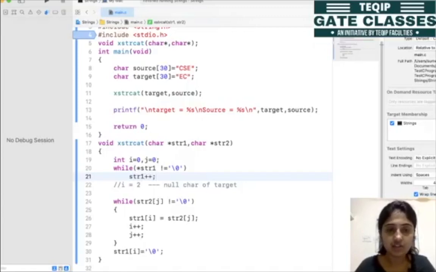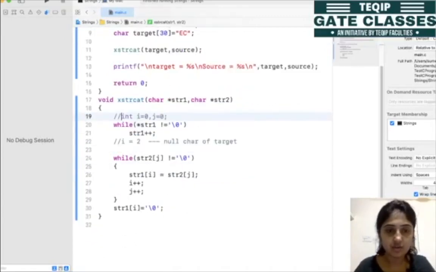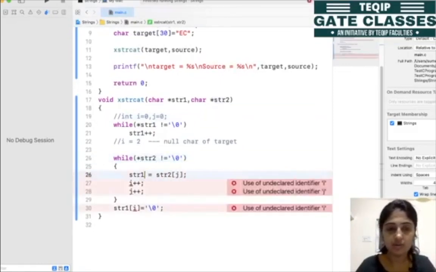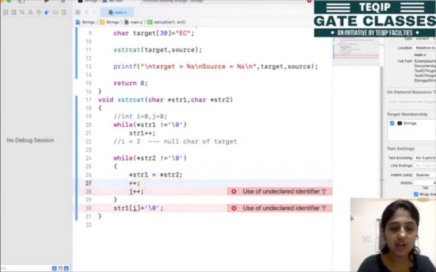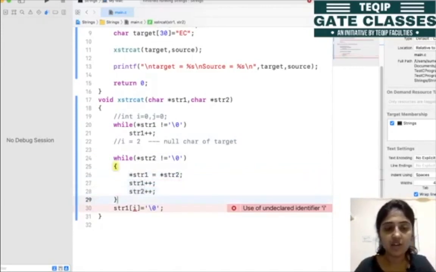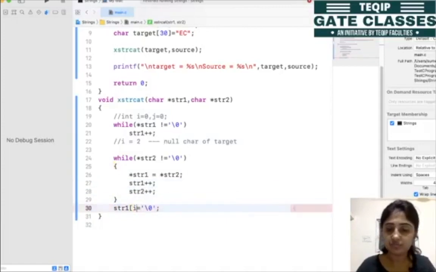Here we are not using I and j, so we can comment those. So star str2 is not equal to null, then we simply need to copy the values. Instead of incrementing I, we have to increment the values of str1 and str2. And here you can add the null character right at the end.